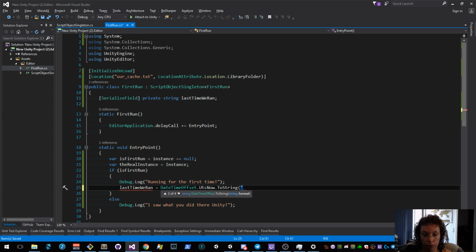You always want to give it a very specific format, because if you load this data on a machine that is running on a different locale, or even the same locale but like the same machine,